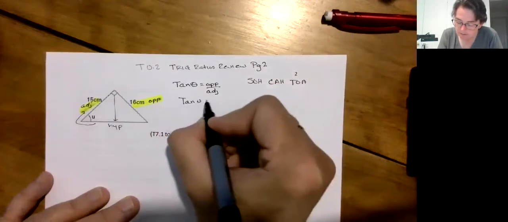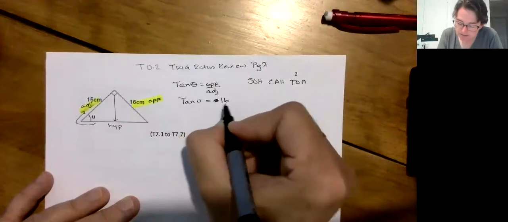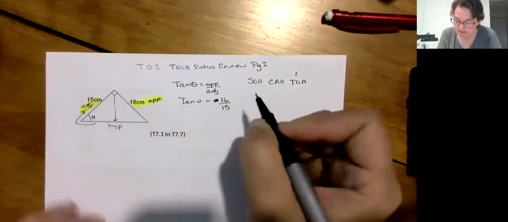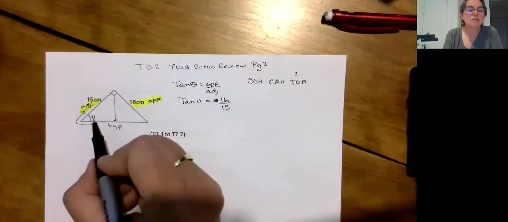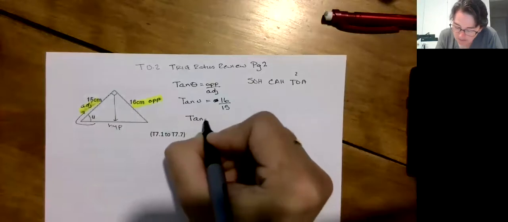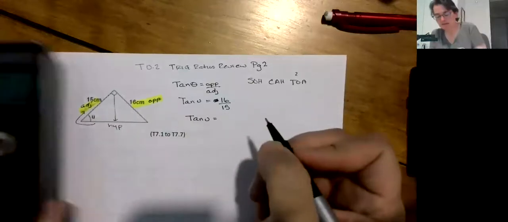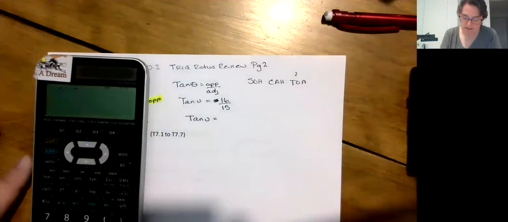Tan u is 16 over 15. I could have left theta, I usually do, but the diagram's got the angle labeled as u, so let's use u. Tan u is equal to 16 divided by 15,